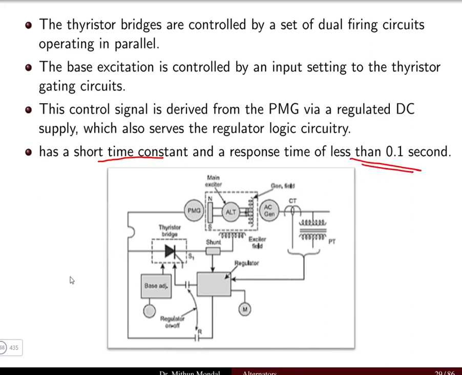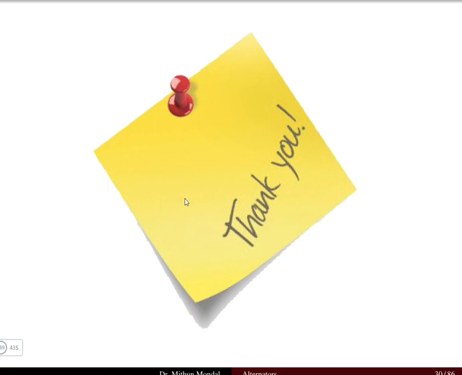So here in the brushless excitation system, we have the permanent magnet generator which plays a very important role through the thyristor, and it is exciting the main exciter of the field winding. So in this lecture, we have discussed the three important types of excitation system to produce the DC supply so that the field winding of the synchronous machine is excited. For a small size synchronous machine, there is no difficulty, we can use a small size DC machine, but for the large synchronous machine, we will have different types of excitation system. Thank you for now.